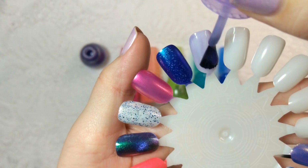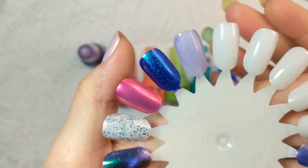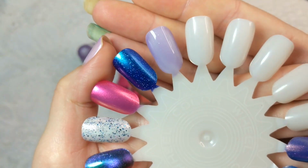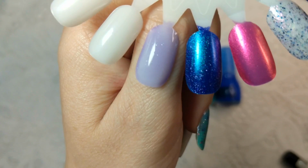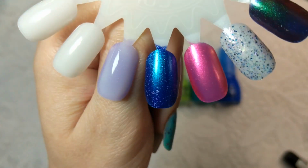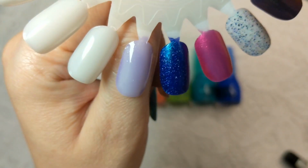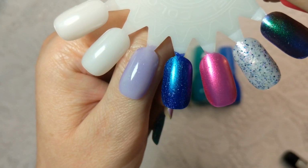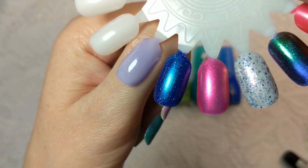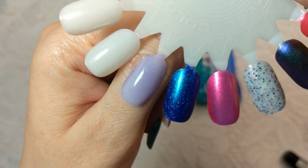And as you can see, it definitely maintains that sort of darker tone of purple. It is sheer, of course, but a beautiful color. I'm not sure if you can quite see the shimmer that's going on in there. It is fairly subtle, but it's in there. Very light and delicate. In fact, you might be able to do just one coat if you were really careful with your application and do sort of just a pale wash of purple along your nails